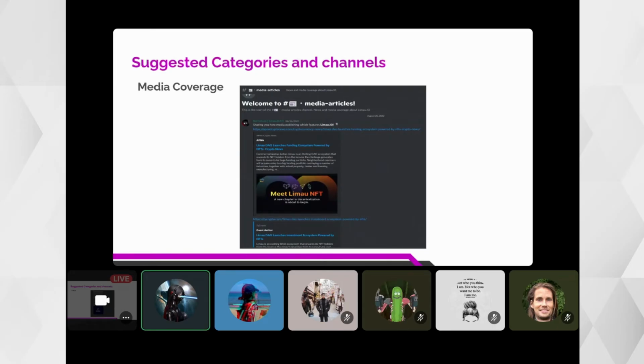And then this one, media coverage. For example, if your project has been featured in an article, in the news, or in a video documentary, which is really good because any publicity is a good thing for any project as long as it's good publicity. Sometimes bad publicity, but we don't prefer that much in NFT projects.